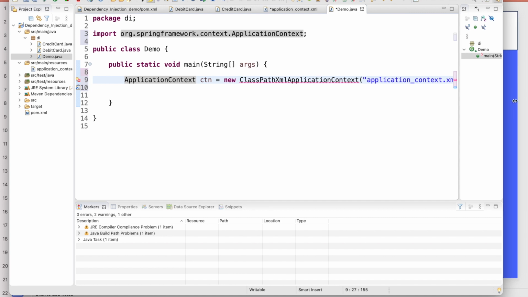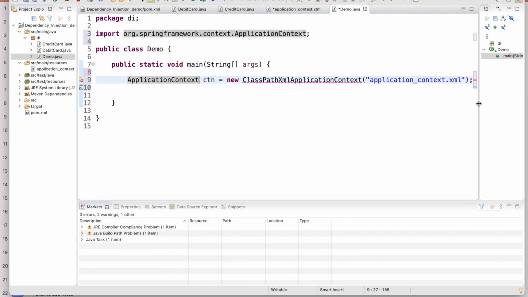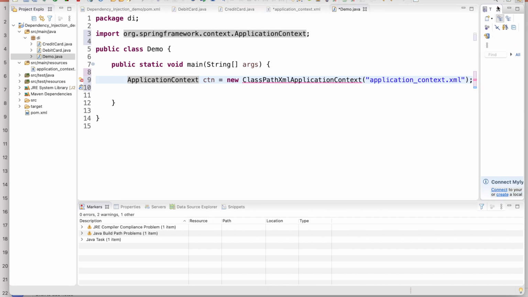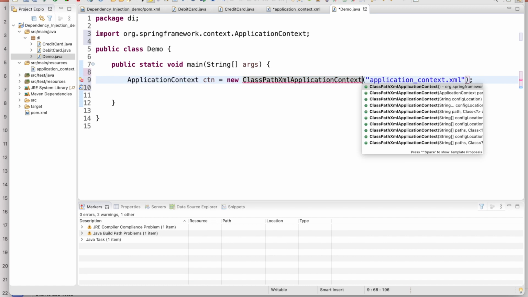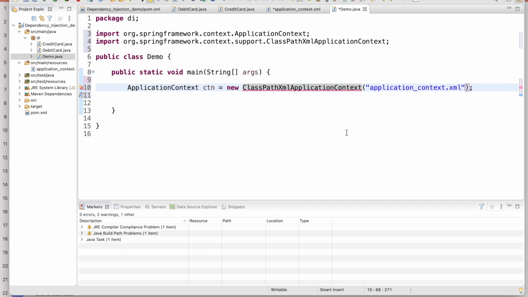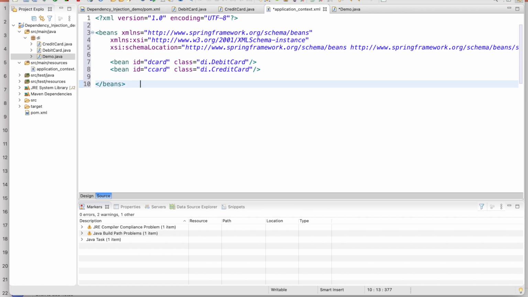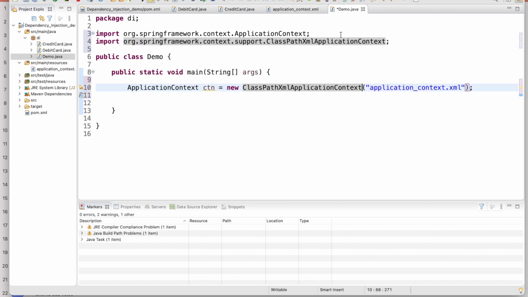Okay, we can close this here. Okay, so now you have to import this, right? Yeah. So this is my configuration file. Just now we have created here, right? This is my configuration file, and the file name is the applicationContext.xml. The same name I have given here, applicationContext.xml, right?